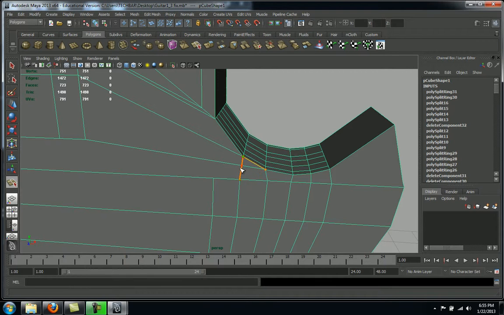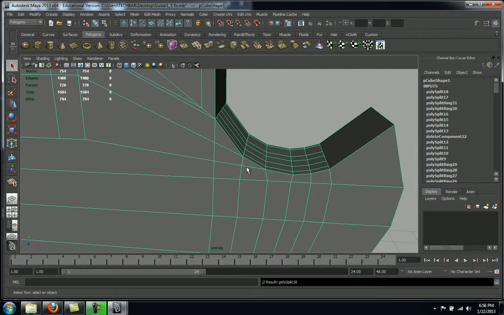Now if you notice, I skipped this edge here, but it automatically put a vertex right there and connected that. And I'm going to do the same thing with this one here. If I press G, get that tool going again, and go up here and connect it there. And now I've connected these, and I have a triangle here and a triangle there. So the intention now is to delete some of these